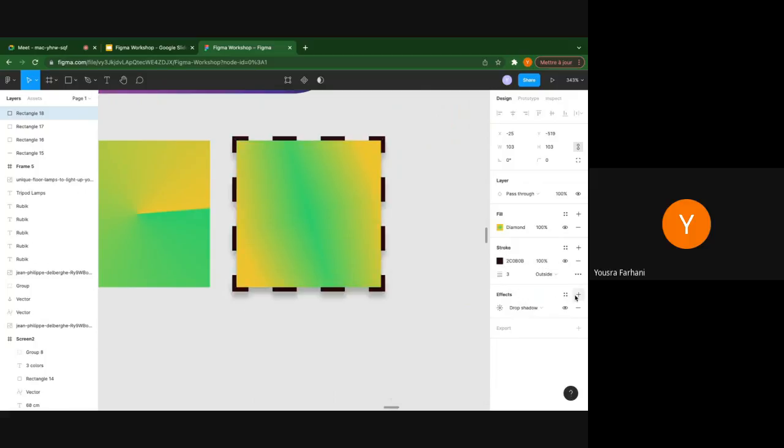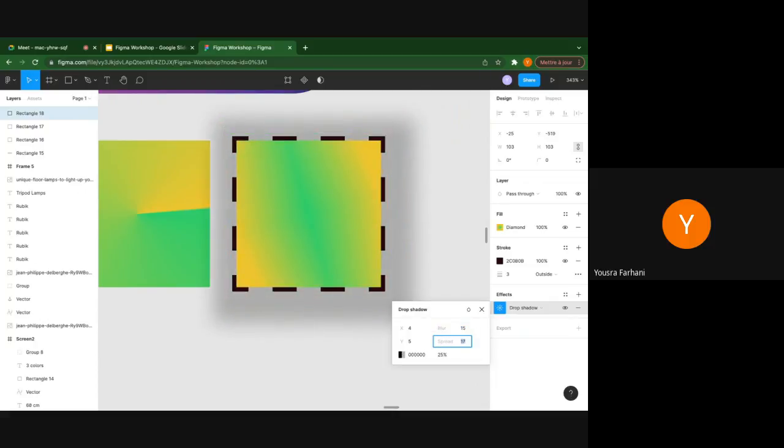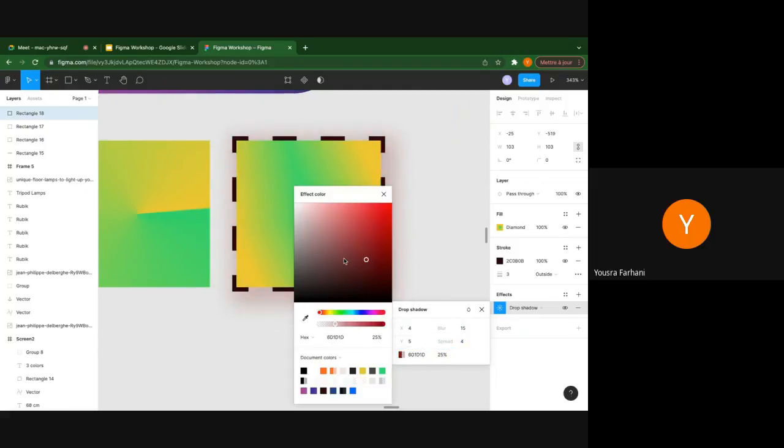I can also add effects. So here are the effects. You can scale. There is a shadow. There are a lot of effects. We'll be discovering them, and one of the most amazing effects is the shadow. So you can scale it on the Y, scale it on the x-axis, and you can blur your shadow with the background. You can spread the shadow, and you can also modify the color of your shadow,